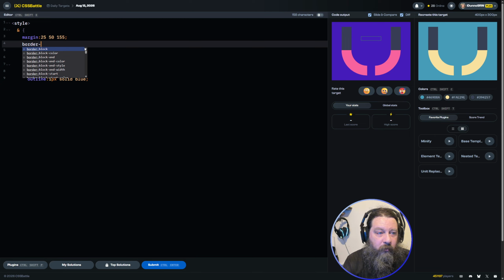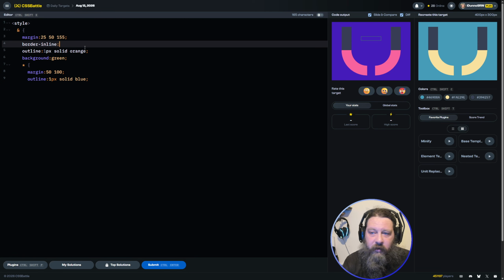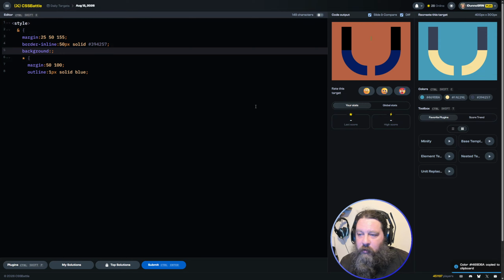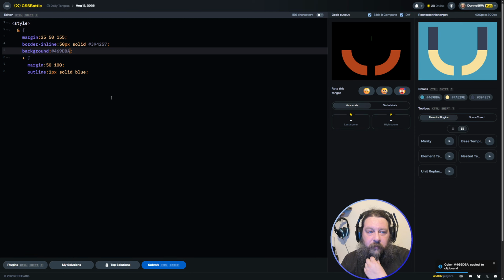Then if we do border inline, 40 pixels, solid, the grey, make that 50. Okay, that looks good. Get rid of this outline. We'll set the background to this blue. And then